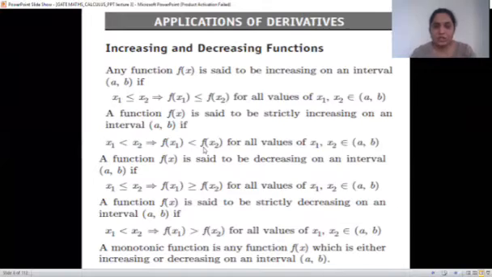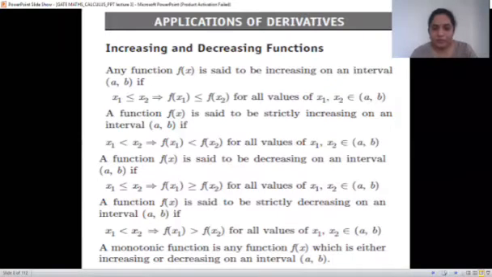Remember. Next definition: a function f of x is said to be decreasing if, for x1 less than or equal to x2, f of x1 is greater than or equal to f of x2. For this condition, if there is a greater than or equal sign, then we can say this is a decreasing function. And there is one more term, that is strictly decreasing. So strictly decreasing is for x1 strictly less than x2, f of x1 is strictly greater than f of x2, then that is called a strictly decreasing function.